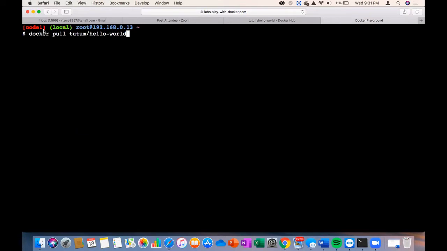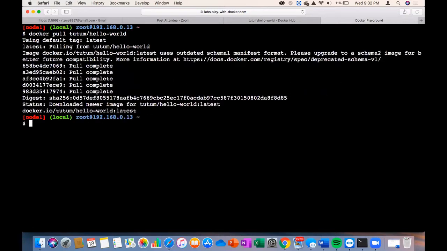Now you are pulling an image which already contains a web server and a website. Press enter. All done. We can confirm by typing docker images. Press enter.